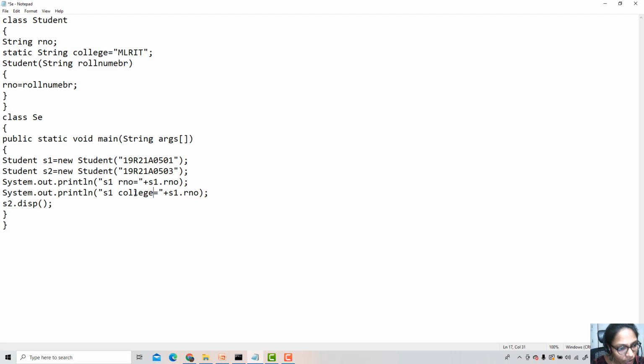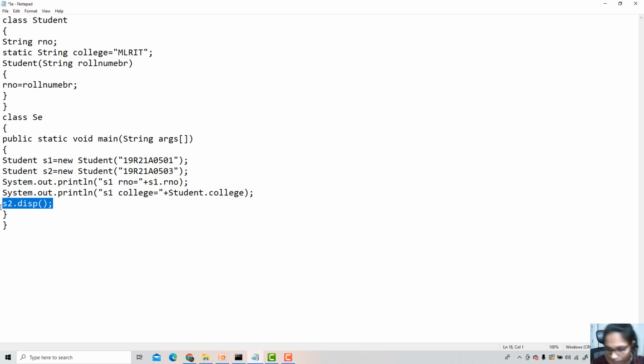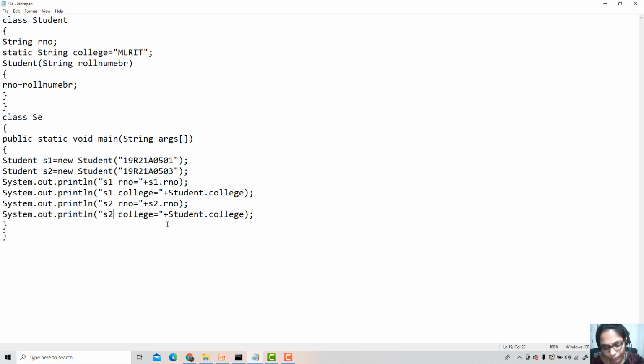But this college does not belong to S1 only. This belongs to the Student class, so I should access Student dot college. It's the same way for S2 also. So the S2 roll number is available in the S2 object itself, and the S2 college is also Student dot college.